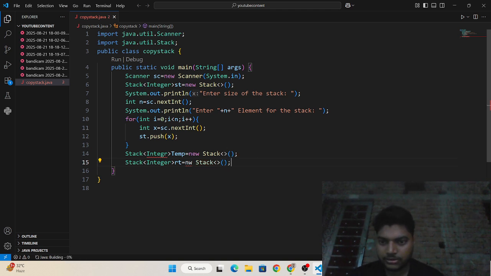What is the problem here? In Integer you need to write new.